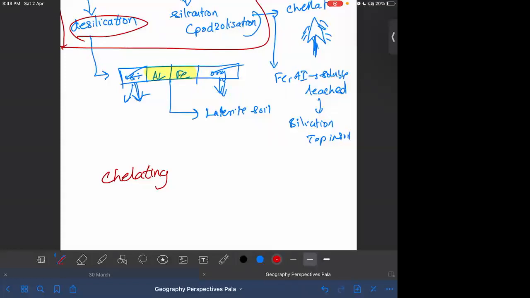These acidic chelates later combine with Fe and Al, iron and aluminium of the soil, to convert them into